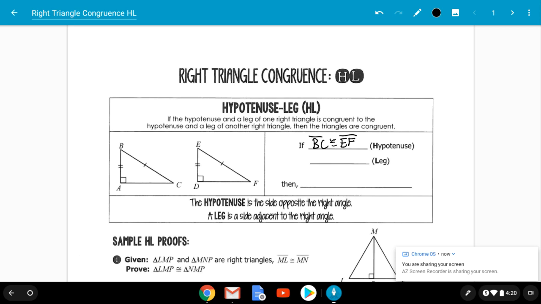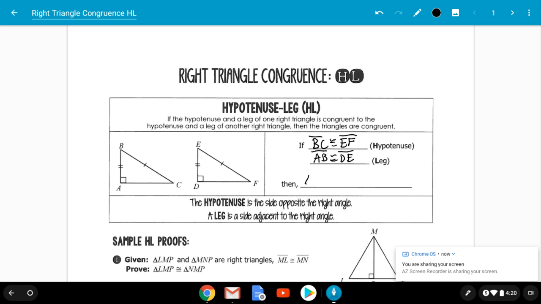No. The markings didn't need to be there, they could have been right here, and these two triangles are still congruent by HL. But visually that doesn't look too pleasing, so they were nice enough to label it for you like that. So if that's congruent to that, and AB is congruent to DE,